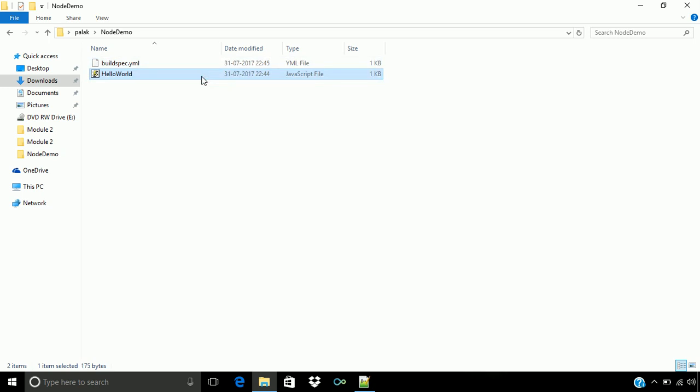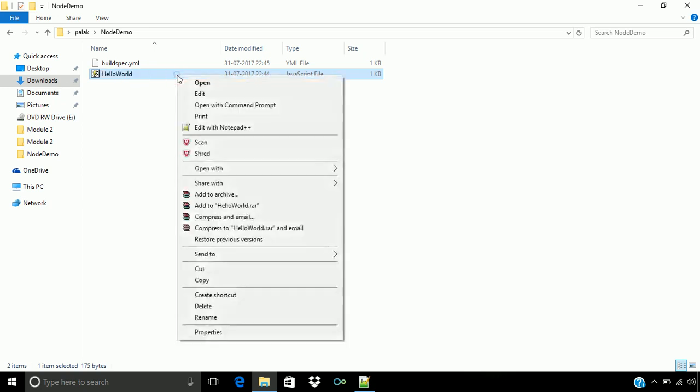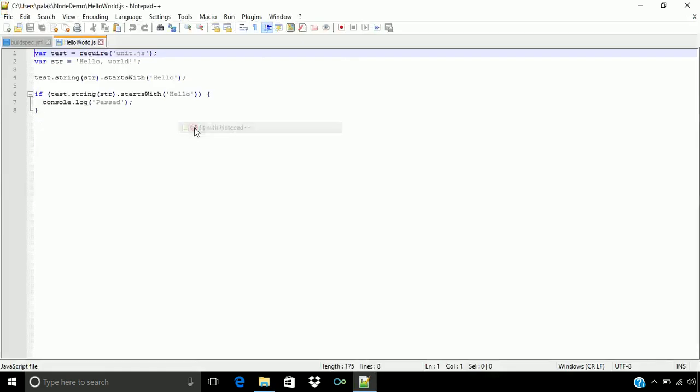I have already prepared the source code, so we will walk through the source code and understand what it is meant to be. First is the helloworld.js file. So let me open that file and let's understand what is written in it. First we are declaring the variable test, and in that we are defining that we require unit.js for this file.